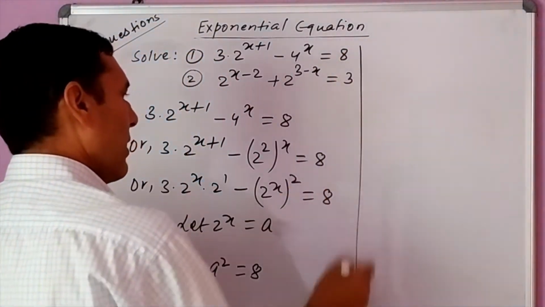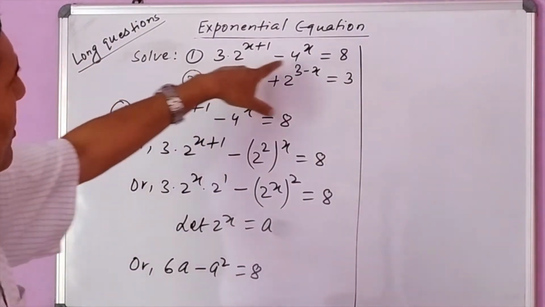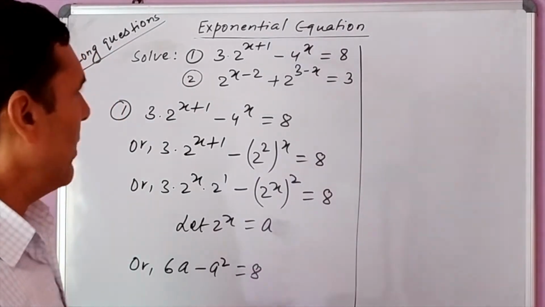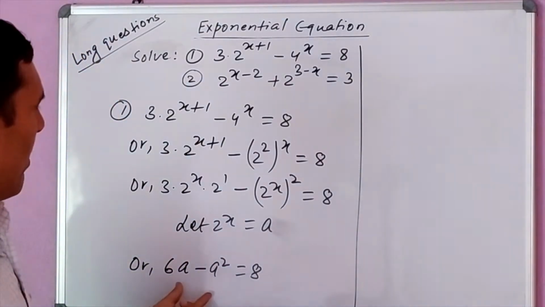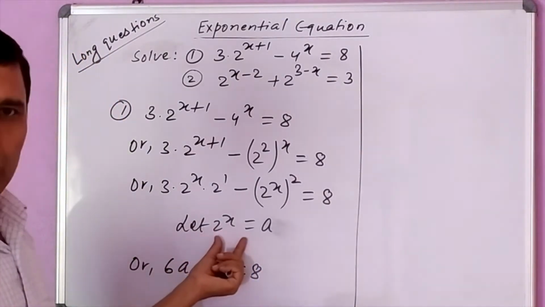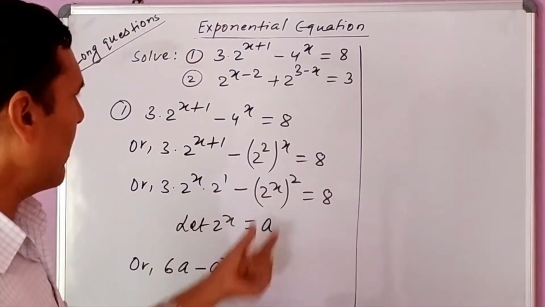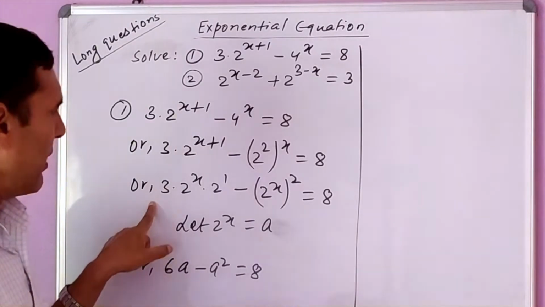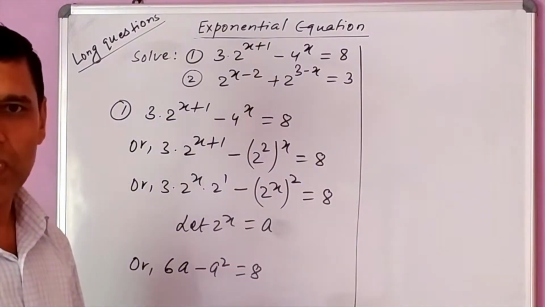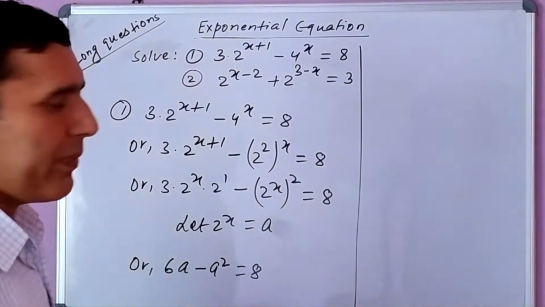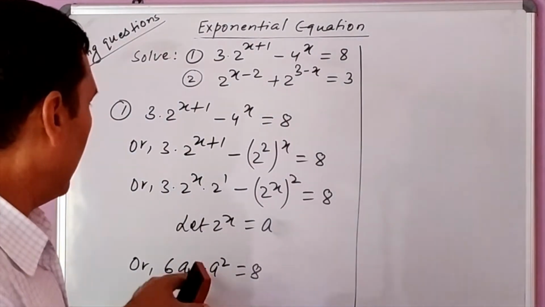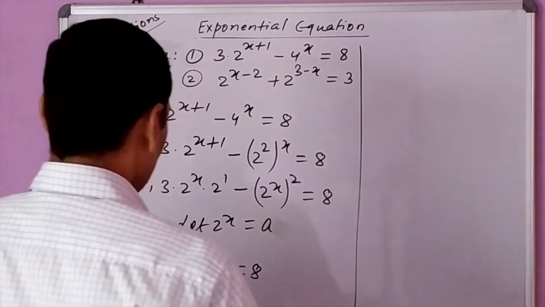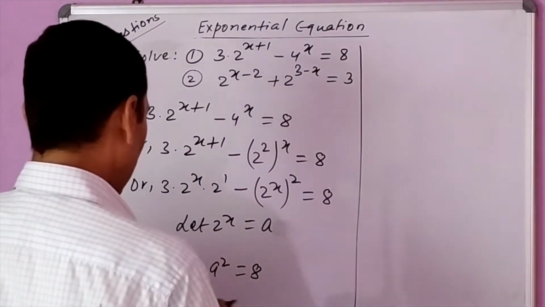So the question is very short to see here. It is in a very simple form, but while solving it is not so easy because we have to suppose like this; directly we cannot get the value of x. So don't forget this technique. You must have the questions which we solve in exponential equations. We have to adopt some techniques, and this is one very important technique, supposing a here for 2 to the power x.